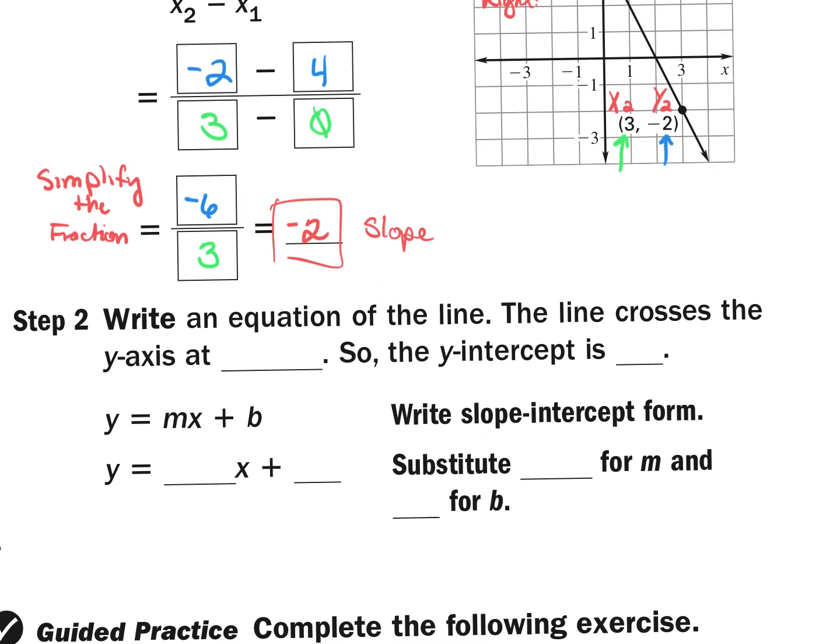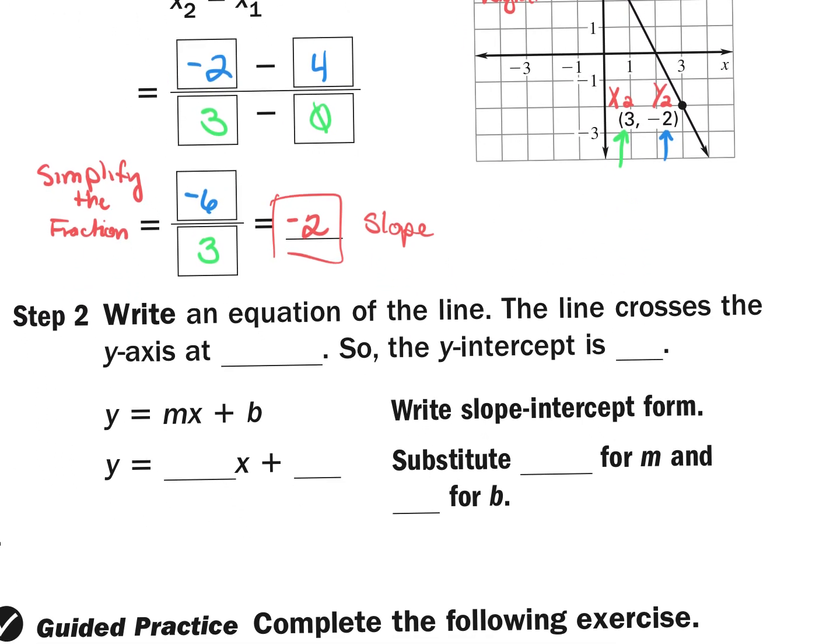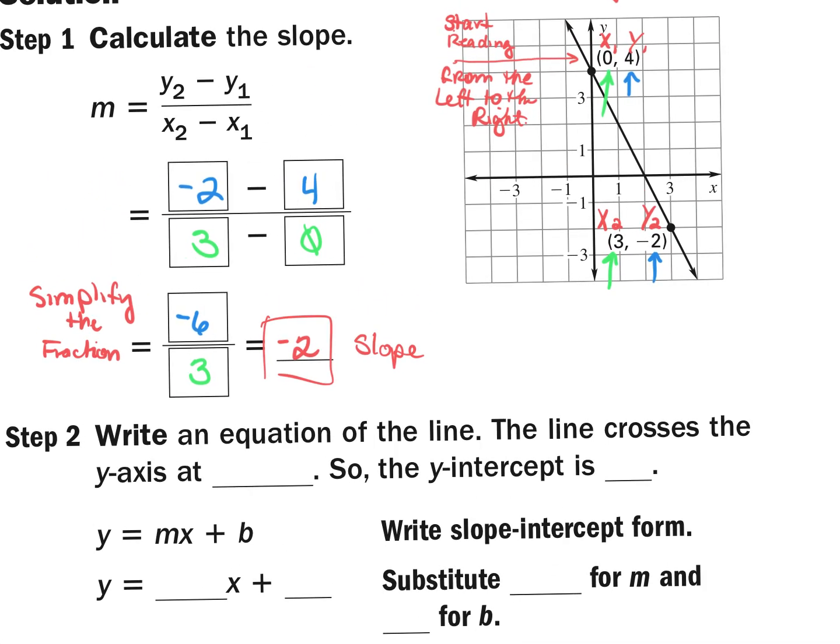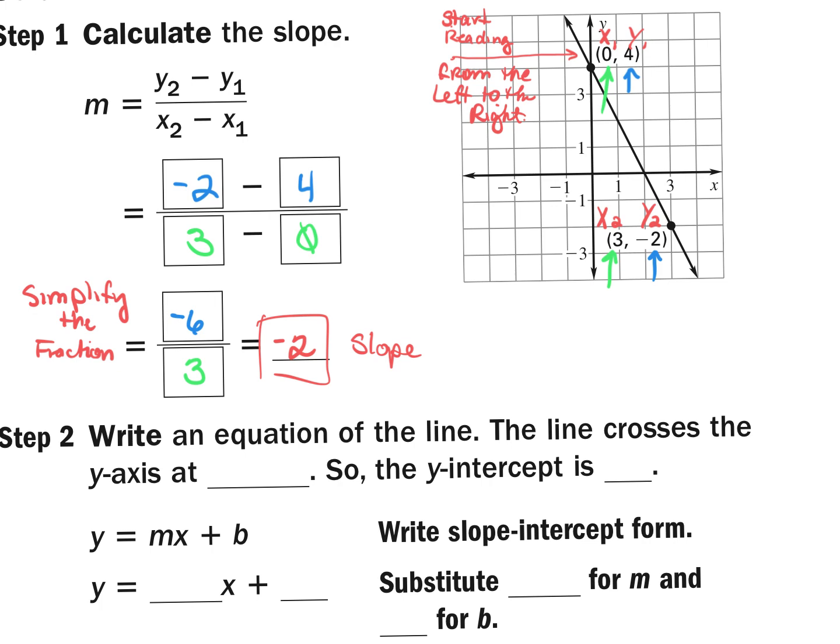Then you're going to write an equation of the line that crosses the y-axis at, let's go back up. It crosses the y-axis right here. That's your intercept. It crosses the y-axis at y equals 4, +4. So the y-intercept is +4. Actually, it crosses the y-axis at (0, 4), because when you're graphing it,